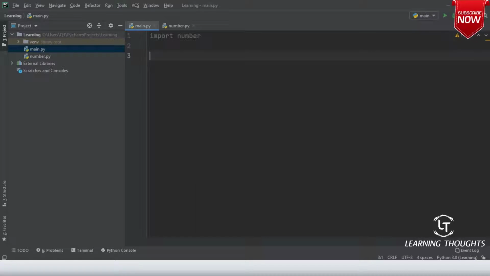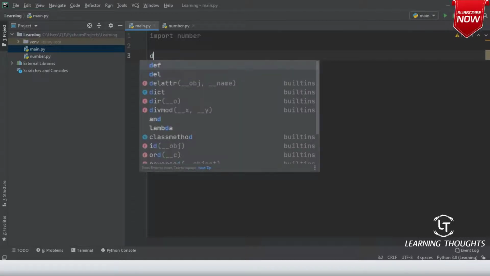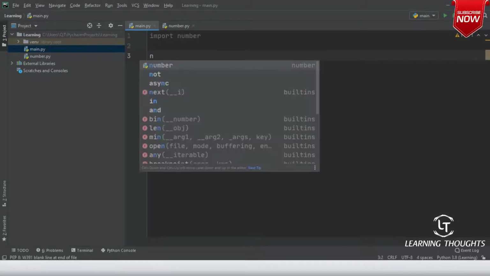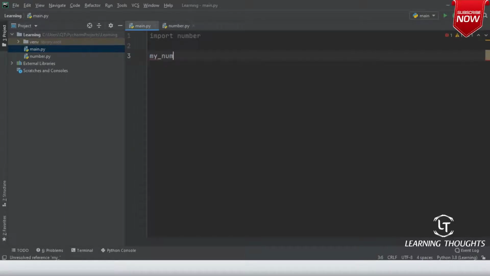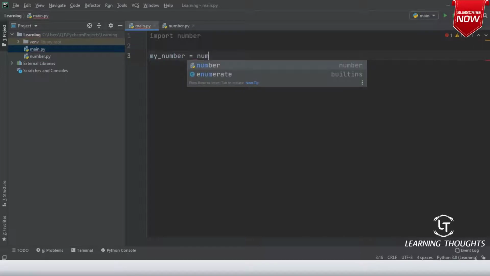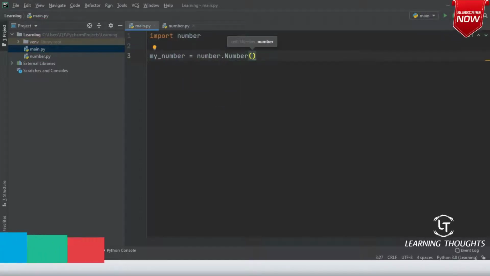Don't worry about what that is. That is exactly what we'll be discussing in our next class, where we define modules and how to use modules. So I'll write my_number is equal to number.number of 5.